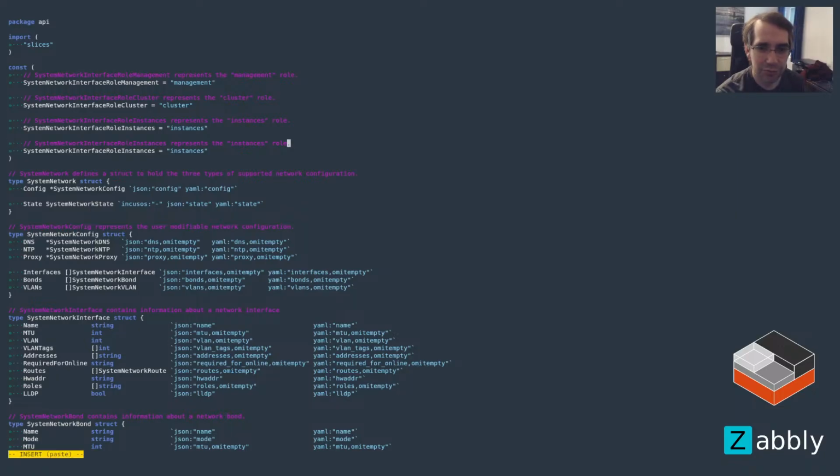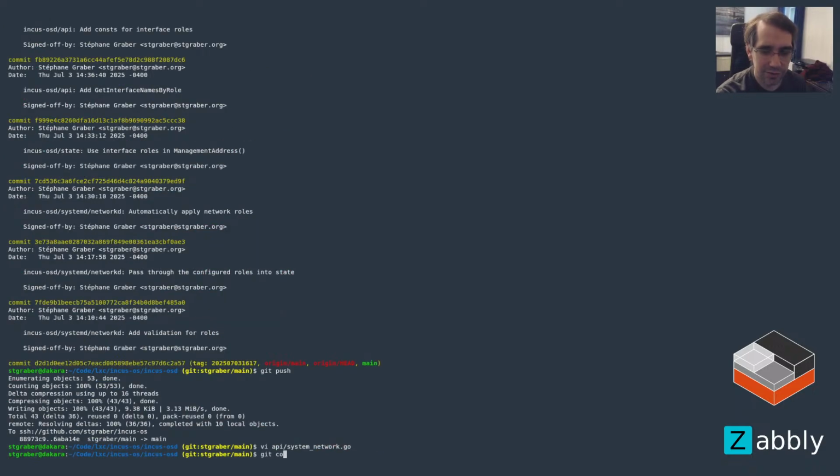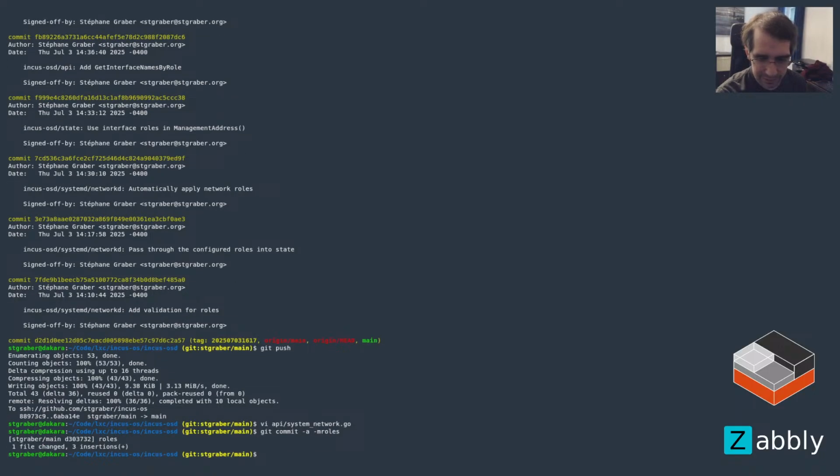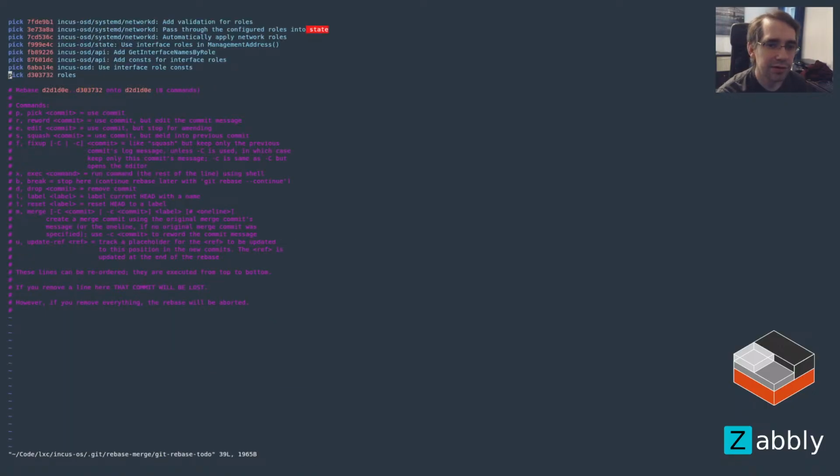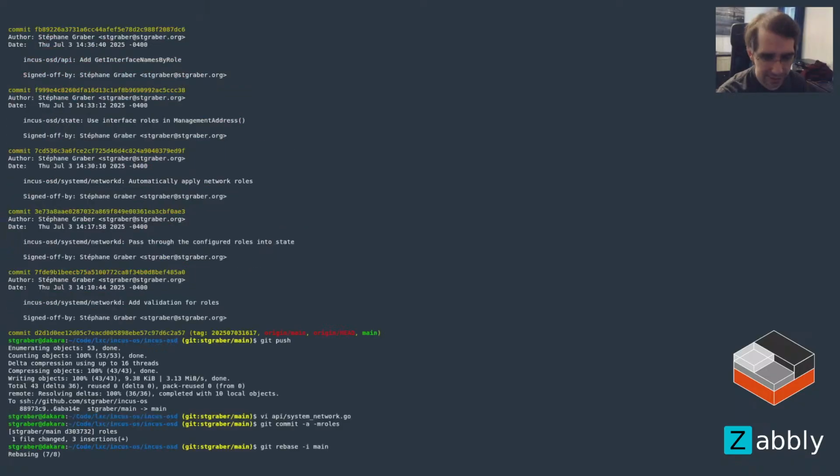So the storage role is meant to access storage arrays, whether it's iSCSI or NVMe/TCP or the like. I completely forgot about that one existing. So let me fix that. Role storage. We can effectively go and merge that one with the list of consts here. And then